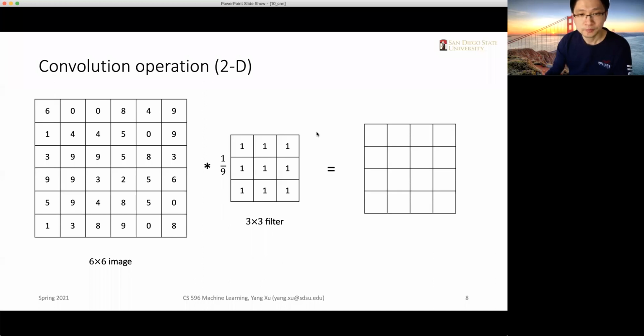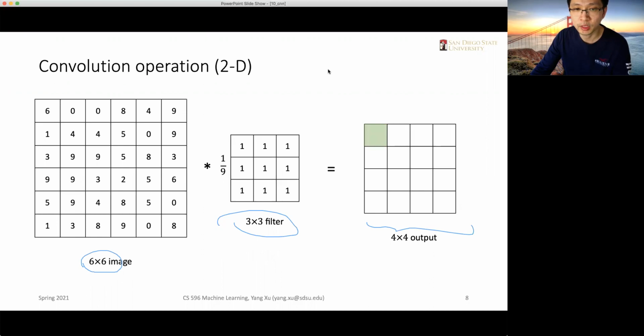The output of this 6x6 image convolved with a 3x3 filter would be a 4x4 output. Let's see how this 4x4 output is generated. In order to compute the first element in the output,